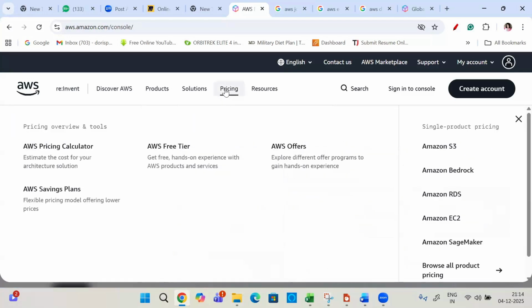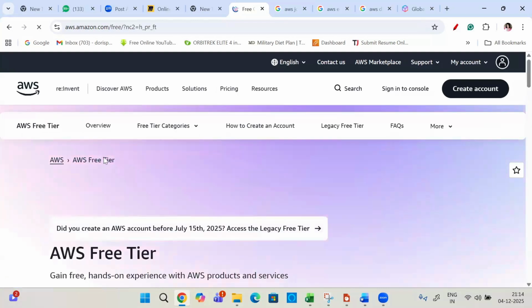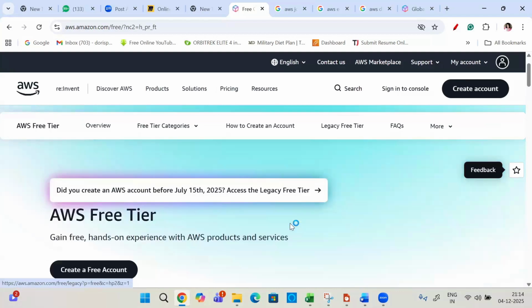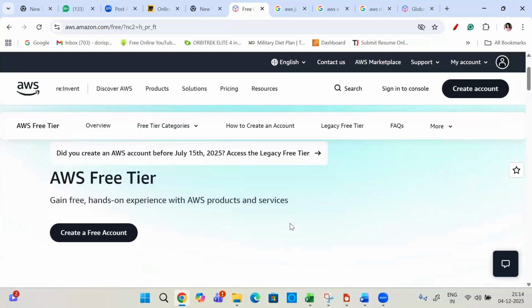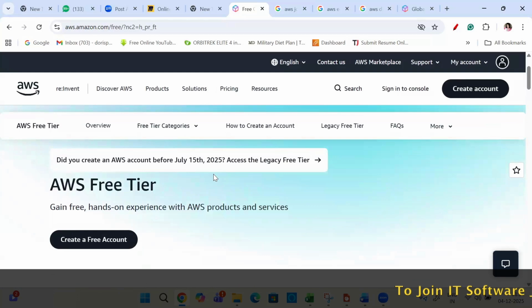And if you want to learn how we'll be doing the practicals, we will be teaching you how to create an account in AWS. That is your free tier account. If you see here, this is my AWS free tier account. If you already had one before 15th of July, you get 1 year.